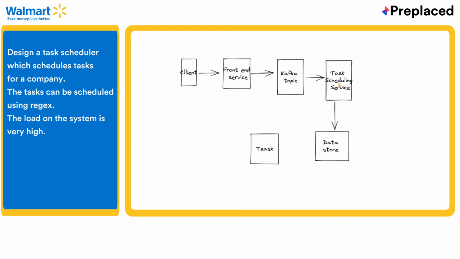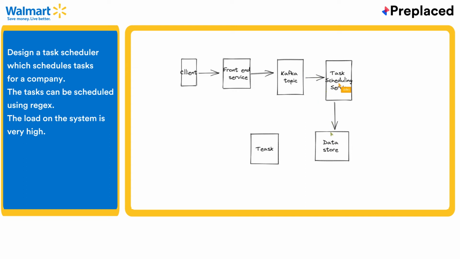This service will be checking, from the Kafka topic, what type of task it is getting, and if it is, let's say, a repeated task. So here I think a different approach came to my mind, that we can have different tables, one for repeated tasks and one for one-time tasks, so that the lookup